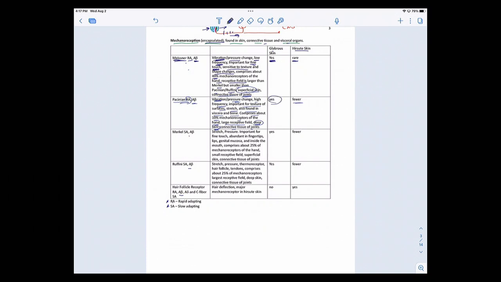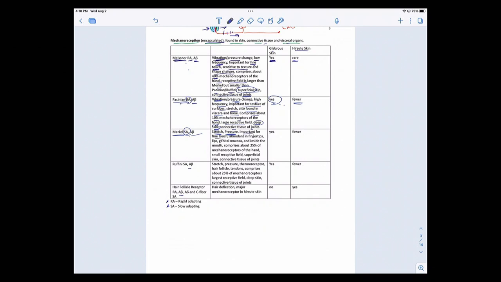You'll have a few in your hairy skin, but again, dominantly you're going to find these in the palm, the bottom of your feet and the anterior surface of your hands. The next one up is the Merkels, and unlike the Meissners and the Pacinians, the Merkels are slow adapters, but again also A betas. They're going to respond to stretch, just like the Pacinians did. They're responsible for pressure. Not so much for vibratory sense, but certainly they can feel pressure on your skin.